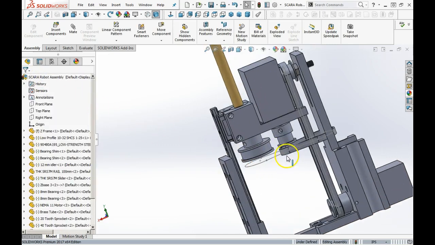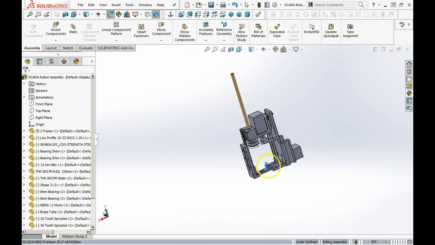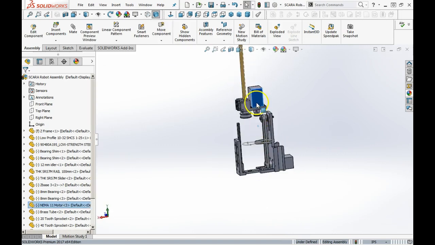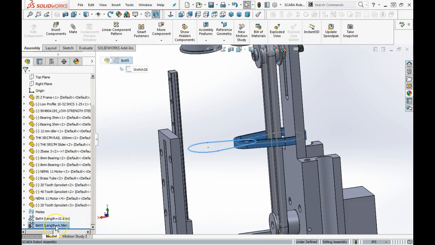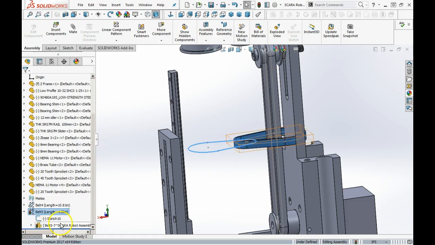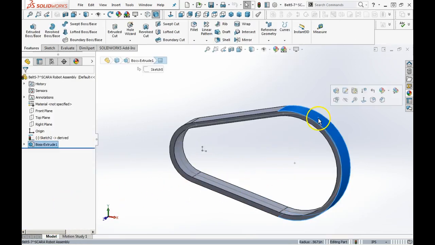Okay. And you'll notice one other thing that might have happened here, and that's the belt disappeared. No, there it is. The belt is locked, so we're going to try to edit the belt, and that's that belt. So let's try to see if we can open that up. Open the belt, and I think I found out that it had a view. When I did a view mate on this,